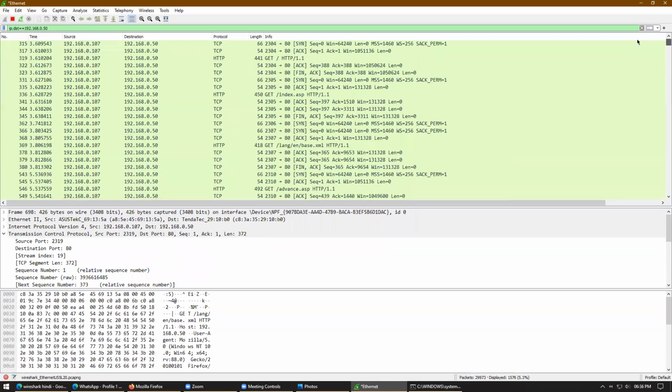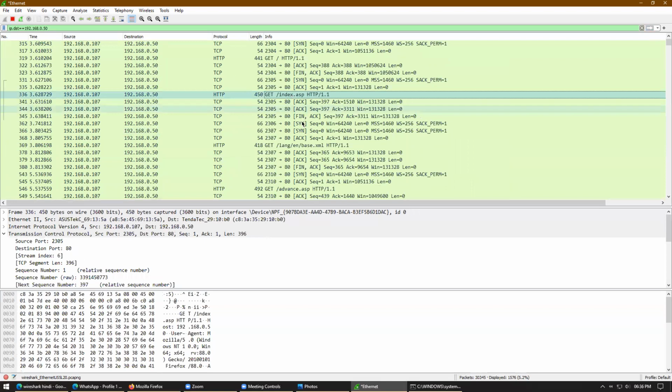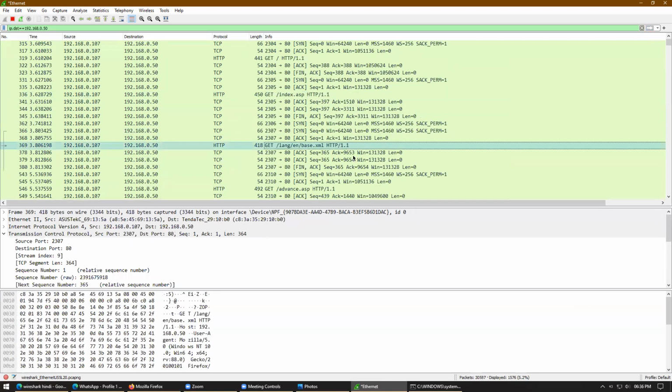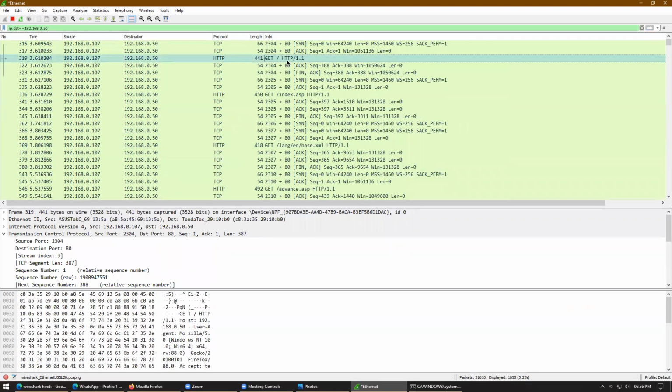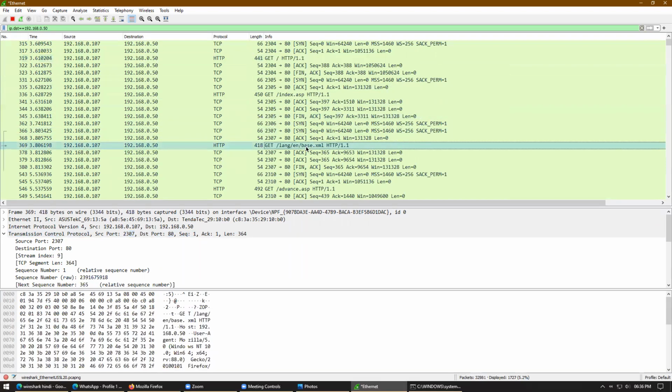Here I'm sending all the destination data, index.asp. Here the GET request, GET and POST. Let me tell you about this. Whenever you are requesting some data from a source, that comes in a GET request, and whenever you want to post some data, that will come in a POST request. This type of request you will see very often in HTTP communication.